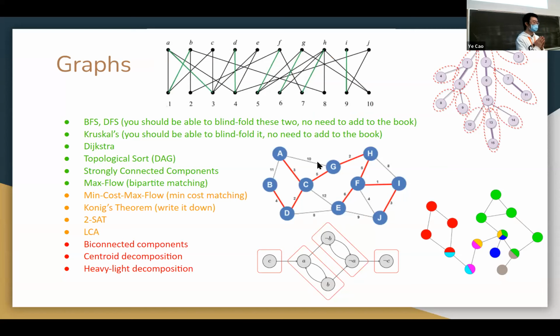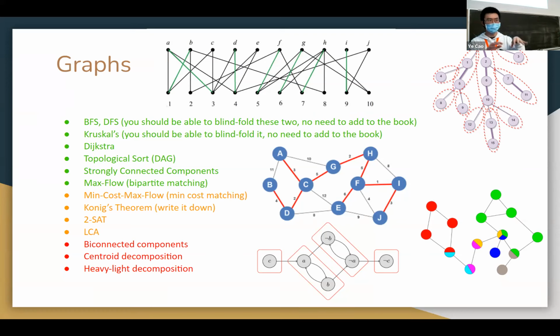And what algorithms, routines, subroutines, whatever, should you have inside your book? Here is Charlie's personal comprehensive list about what you should have in your book. So let's begin with graph theory. By the way, what I have here is not necessarily everything that should go into your book, but algorithms you should know.